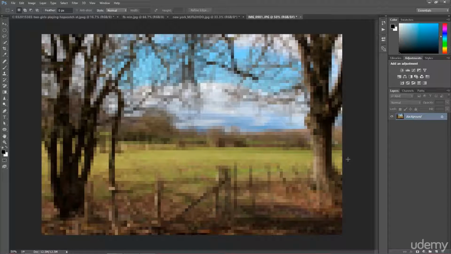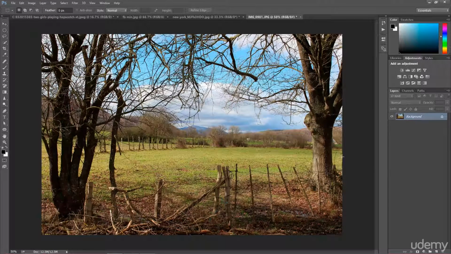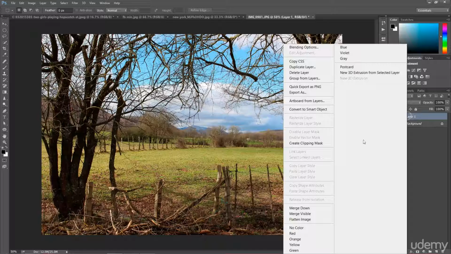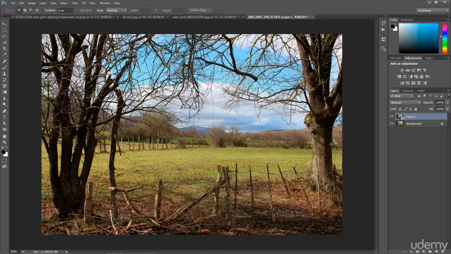However, there is one thing that I think has to be present for you, and it's why it's worth working with Smart Objects when we're using some of the effects. Let me duplicate this background layer, because that's how we always work. And right now I'm going to do something that we didn't do before. I'm going to right-click, and we have an option like Convert to Smart Object. What does it mean and what does it offer? It means that every effect you're going to use is going to be applied to this layer as a separate element. I'm going to show you this. Filter,